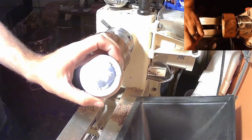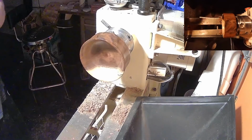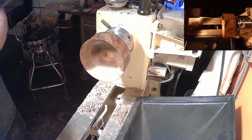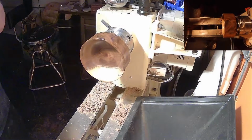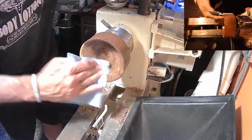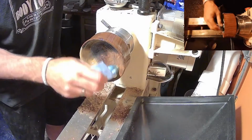So now we'll hit it with our tongue wax finish. A little dusty in here. But yeah, we'll hit it with our tongue wax finish, and it'll sit for about 15 minutes, and that's going to really allow the oils and waxes in here, since it is a tongue oil with some waxes and things, that'll really let it settle down and sink into the piece. I like to be pretty liberal, not overly liberal, but pretty liberal with this because, like I said, it goes on really well. And I like it to just sit there and really...